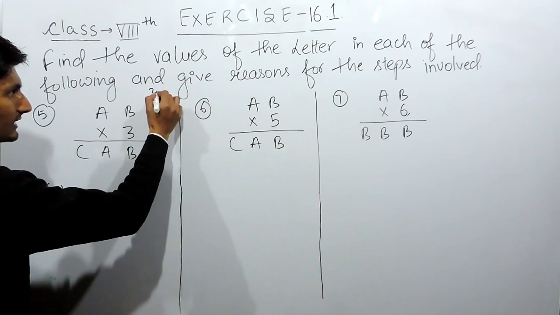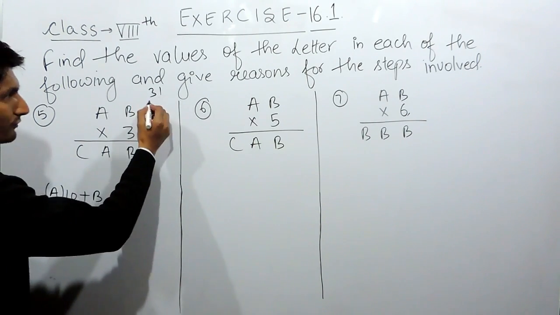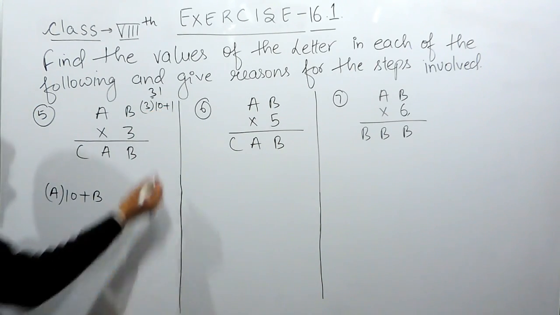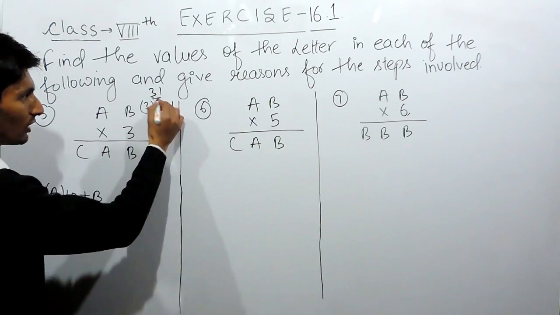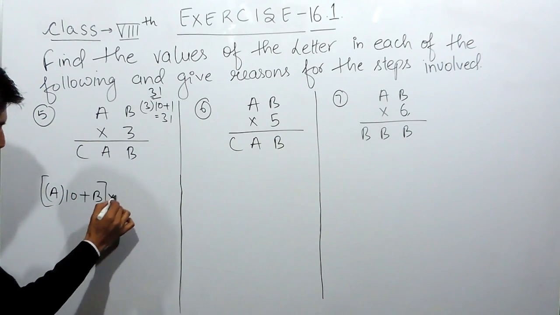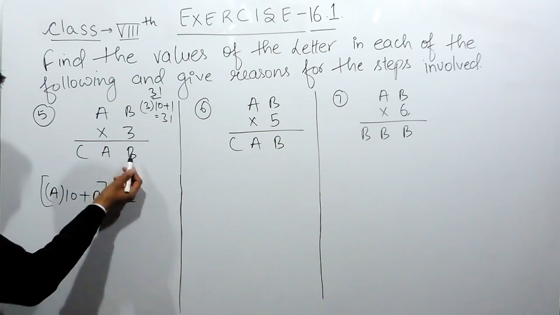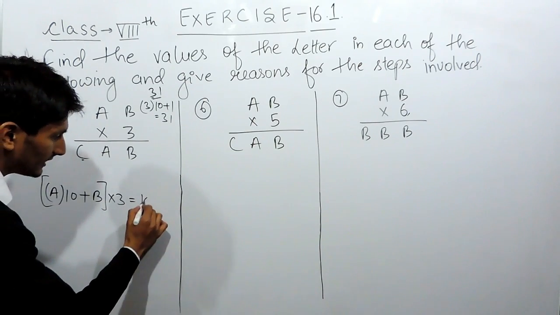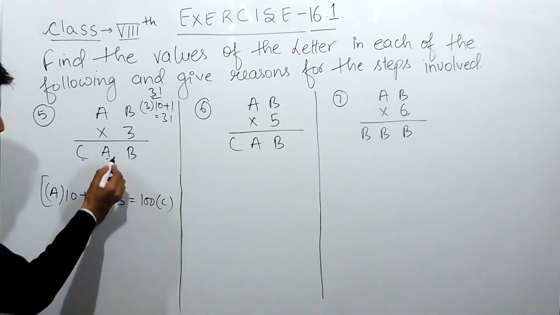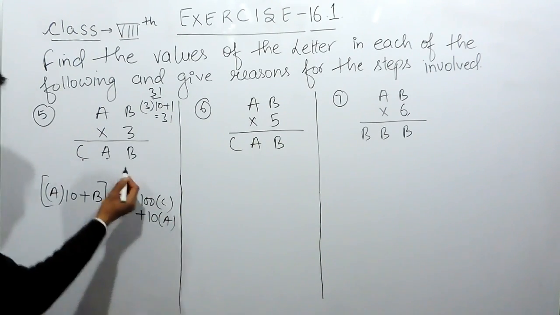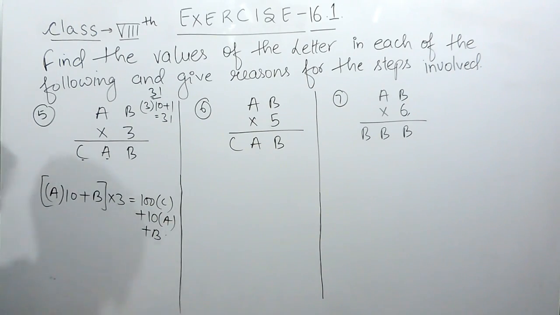If I say 31 is a number, this number is formed when the tens place is multiplied by 10 and the unit place is added, which gives us 31. So this is how a 2-digit number is formed. Now this complete number is multiplied by 3 and the result is a 3-digit number. And how is a 3-digit number formed? The hundreds place digit is multiplied by 100, the tens place digit is multiplied by 10 and added, and at the last B is added. Solving this you will get your answer.